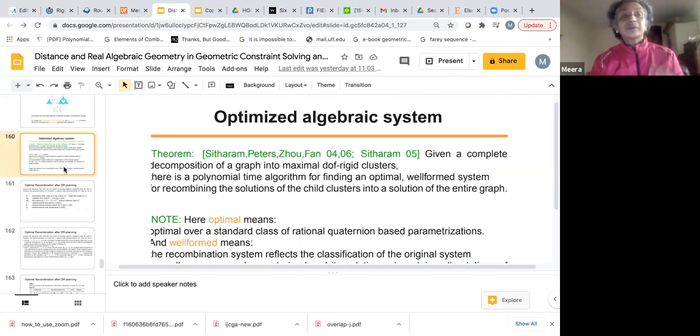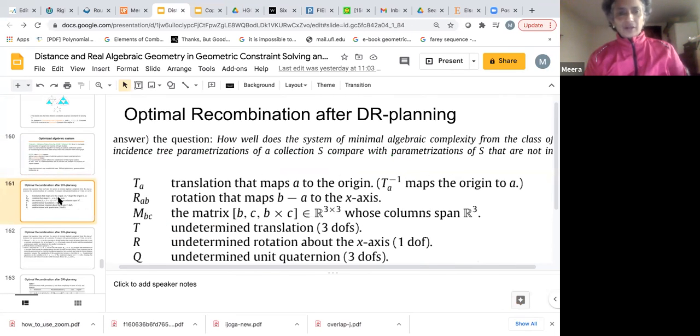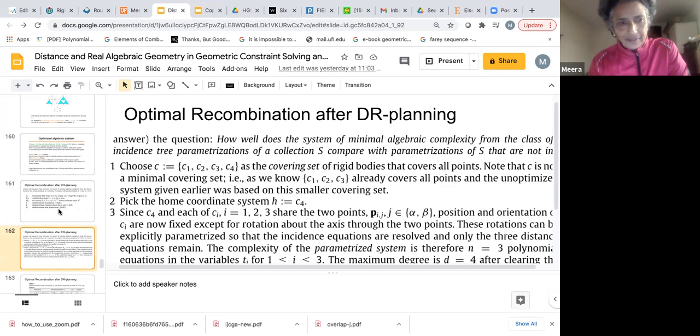We're trying to figure out how to recombine, or how to use, the DR plan that we create in order to minimize the algebraic complexity of finding a realization of a geometric constraint system. And we have primarily talked about distance constraint systems. And we gave a combinatorial description of how to optimize the